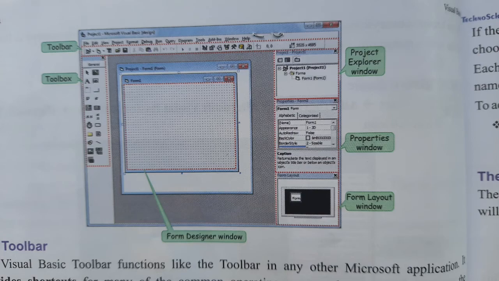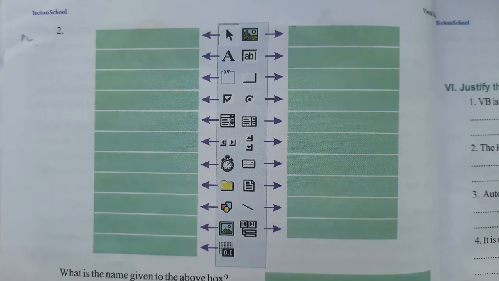Let us discuss the next question. So they have given a picture, the toolbox. You have to write the name of the tools. The first one is a pointer, and the second one is image box. Third one, text box or label. So I hope you can fill these answers, simple. So I have added the answers for this